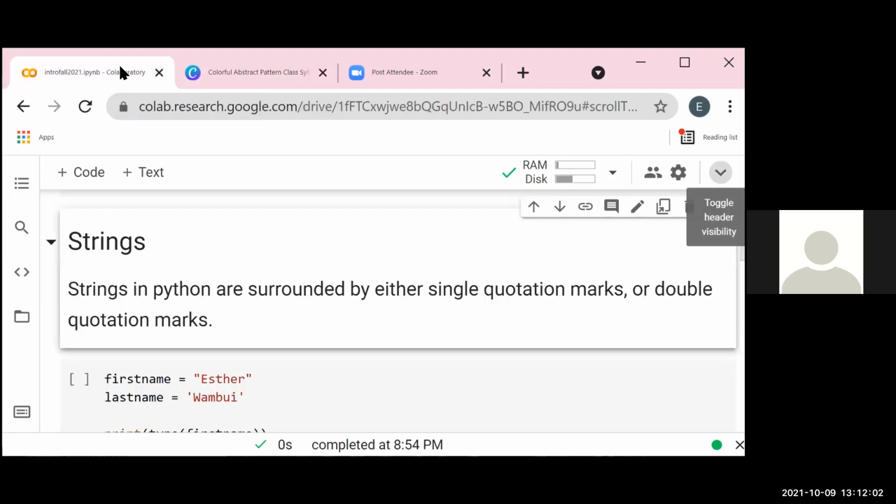So strings are just characters that are in between quotation marks. Python accepts either single quotation or double quotation marks. So for instance, if